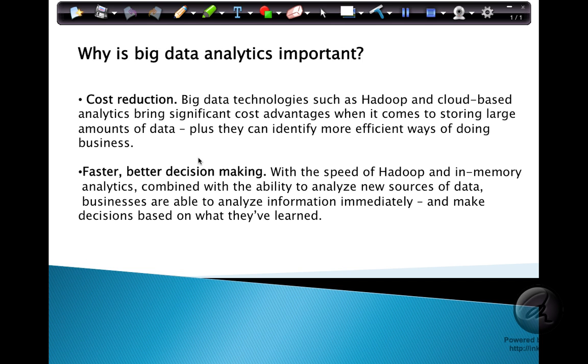With the speed of Hadoop and in-memory analytics, combined with the ability to analyze new sources of data, businesses are able to analyze information immediately and make decisions based on what they have learned. So this is really crucial for businesses, making the decisions right and really fast, right? Since big data has authentic proof of what might work and what might not, and the results generated are very fast, it helps a lot of companies to make faster decisions, be quick, and in fact launch